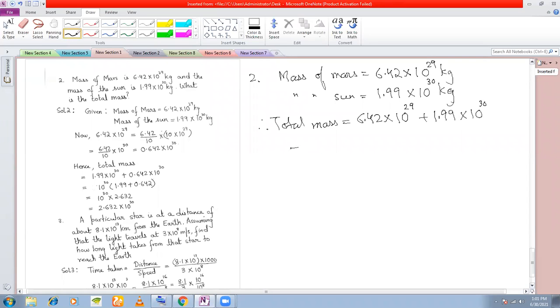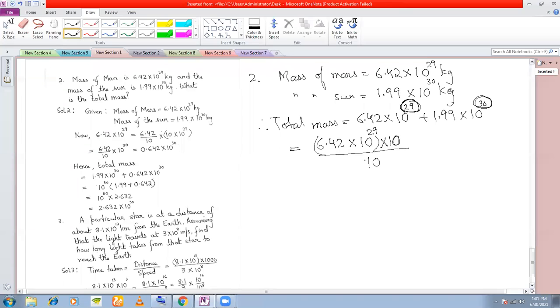Right? Now, whenever you are adding these two, we first need to make these two powers equal. How do you make this power and this power equal? See, if I want to convert 29 to a 30, what do I have to do? 6.42. If I want to make this power into a power 30, I need to multiply this by 10, isn't it? Only if I multiply this by 10, then I can add the powers. But if I multiply this number by 10, then what am I doing? I'm changing the value of this number, right? That means I also need to divide this by 10. Is this step very clear to everyone?